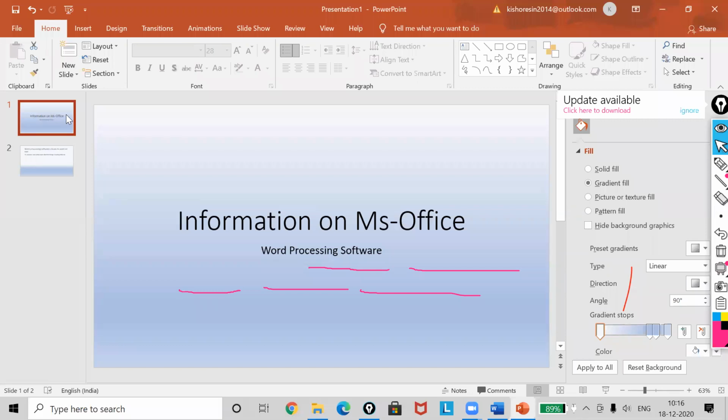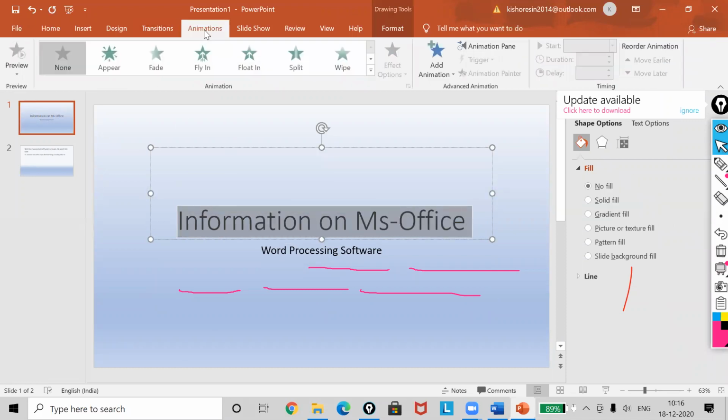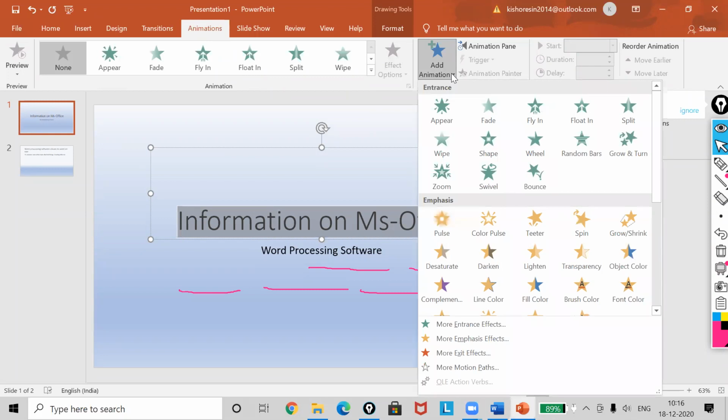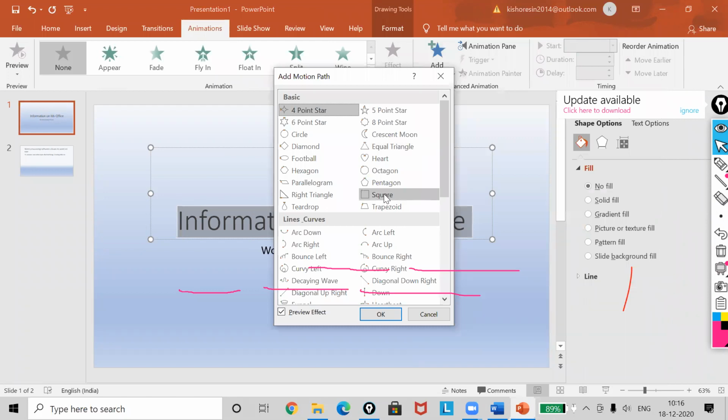So what I will do, first of all, I will go to the first slide. Now whatever effect you want to apply, select the text. Now you will go to the animation. Now there you have a lot of animation effects, which you want, you can select it. Okay, I want add animation, more motion path, like a square.